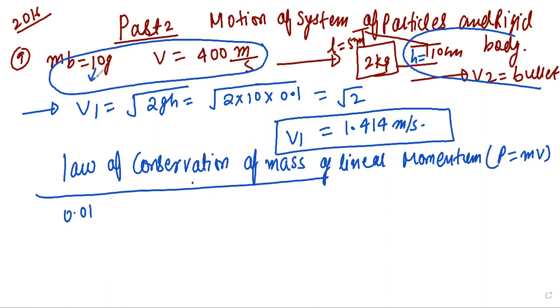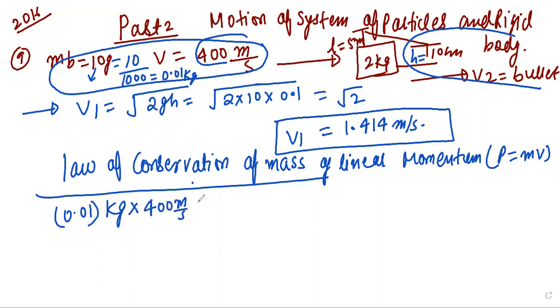The bullet is 10 gram, so I will convert into kg: 10 upon 1000, that is 0.01 kg, right? Initial velocity is 400 meter per second, equal to, next mass is 2 kg,